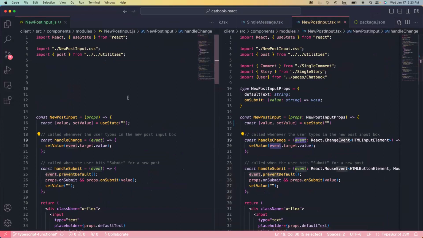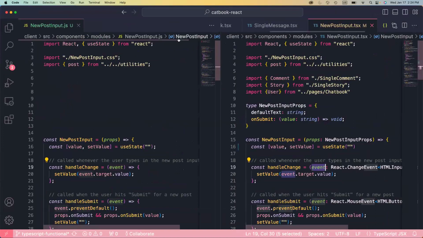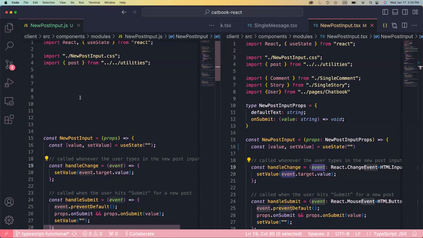Okay, so on the left here we have JavaScript, and on the right we have TypeScript. And the code is very similar. There's just a few differences in how we define our types, but it's really easy to convert from JavaScript to TypeScript. So ignore the white space here. I just wanted to align the functional parts of this code.